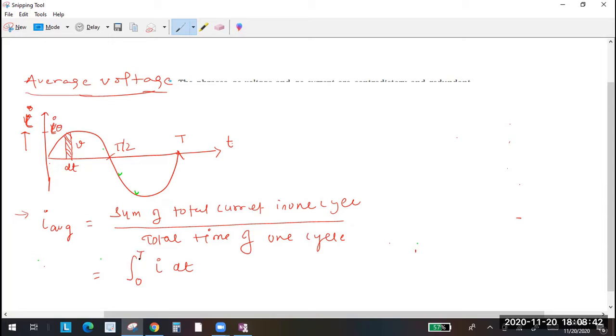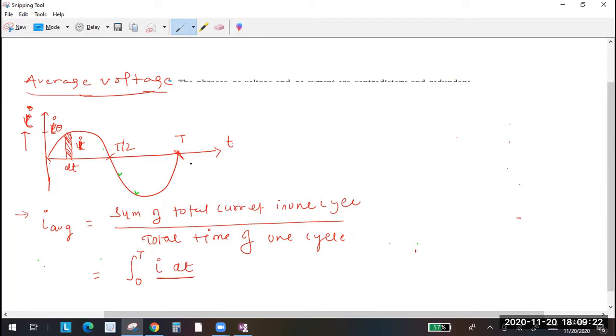Understand up to here or not? What is the meaning of I into dt? It's the total current. Try to understand the meaning. First of all, I divided it into small parts and found this small current over here. When I found the area of the small rectangle, that becomes I into dt, right? Then we have to add a lot of the small rectangles from this point to this point.